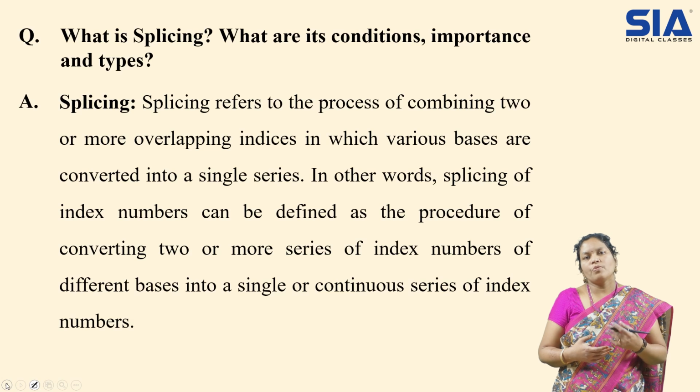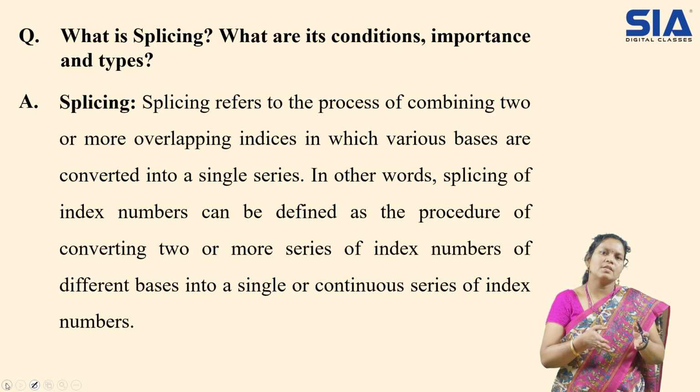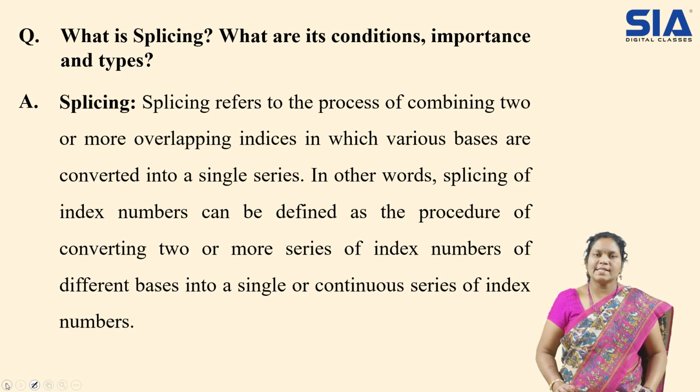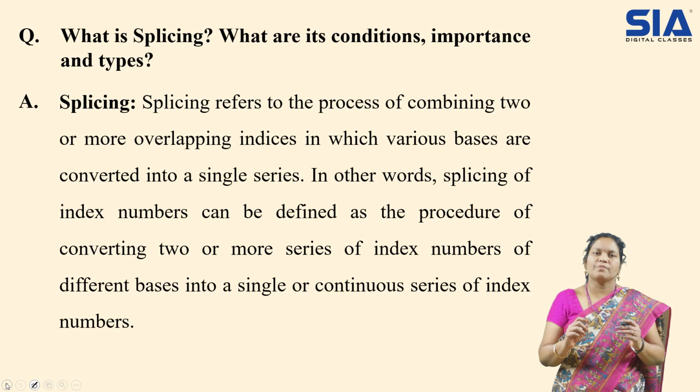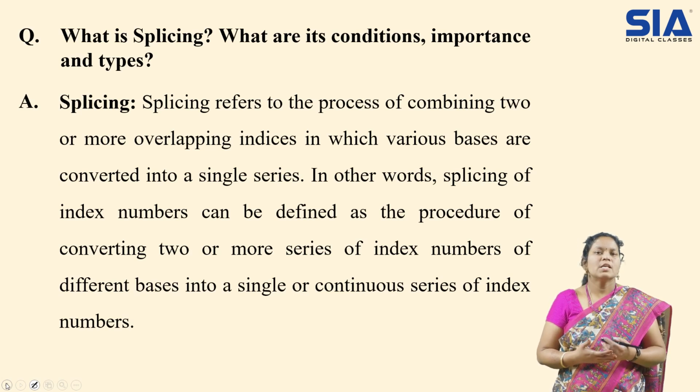So if you want to use that information, you can't go for it directly, because in the first series you have half, and in the other series you have the next half. So continuously we don't have it. So what we do is we splice the series. Means we'll make a single series using those two different types of data, so that we can use it with the regular methods. So that is nothing but splicing.